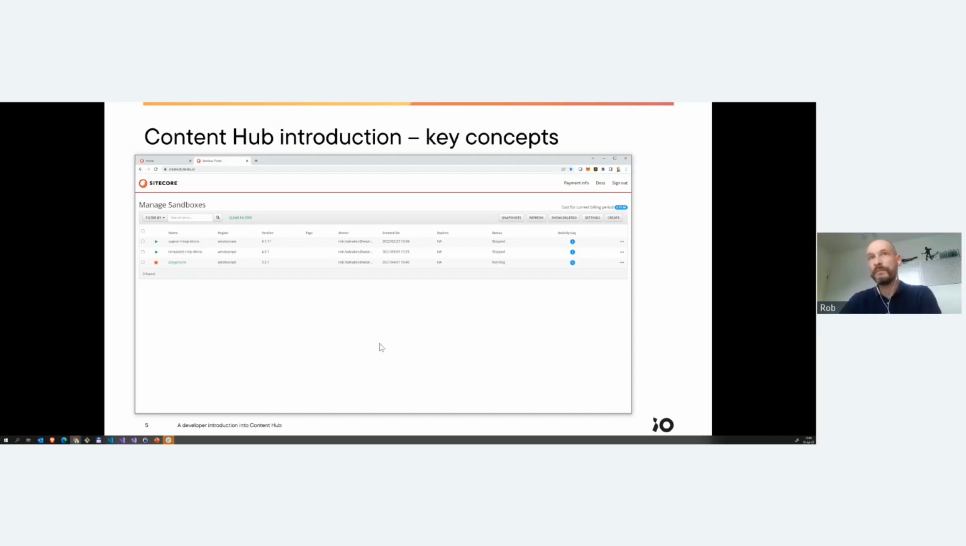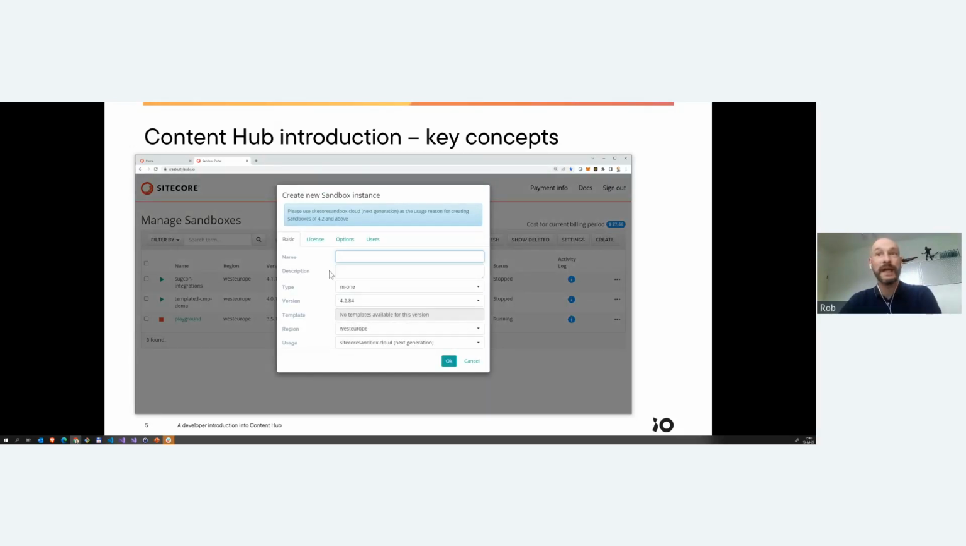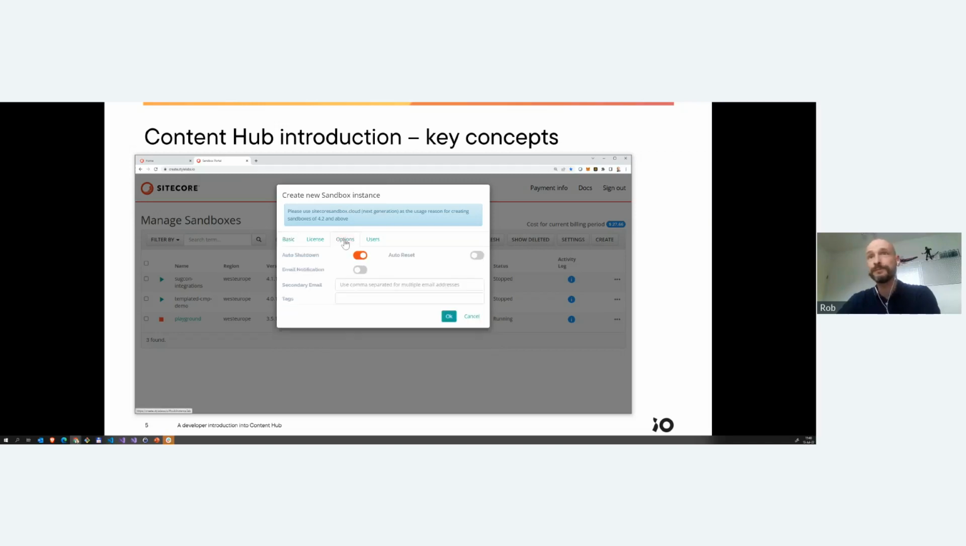Yes, so I'll zoom in so it's a little bit more visible. Here you can create new environments, and this is very cool because you can select the right version if you want. So if a customer does have, for example, a 4.1.17, you can replicate the exact same version. You can also